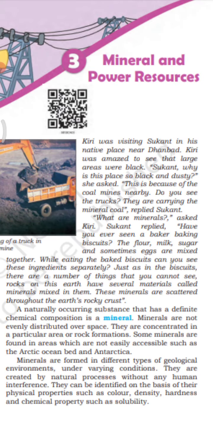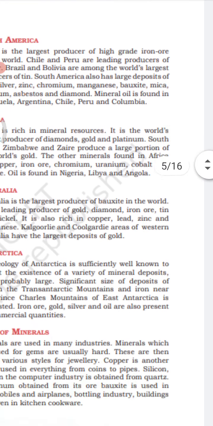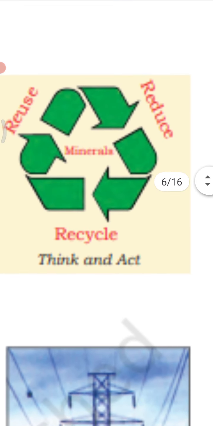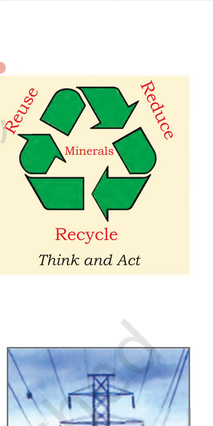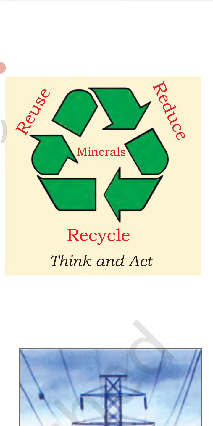Yesterday, beta, we were discussing conservation. So these are the three ways by which we can take care of our resources. We can recycle, like metallic minerals can be recycled. Then reuse: some resources can be reused, means can be used time and again. Then reduce means we are to use resources whenever it is required.